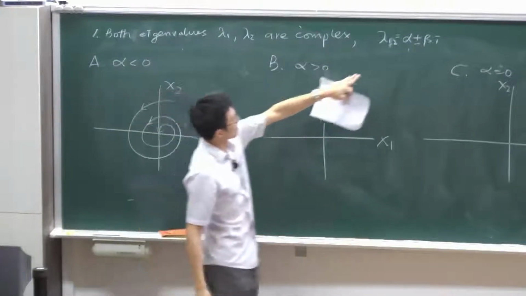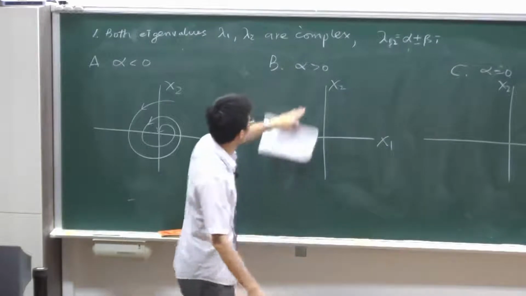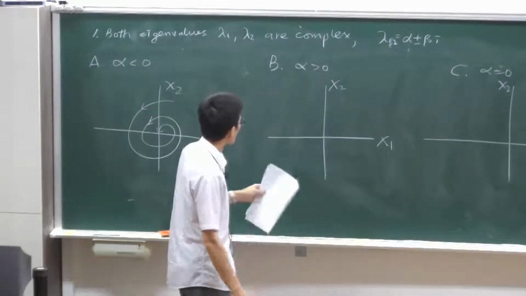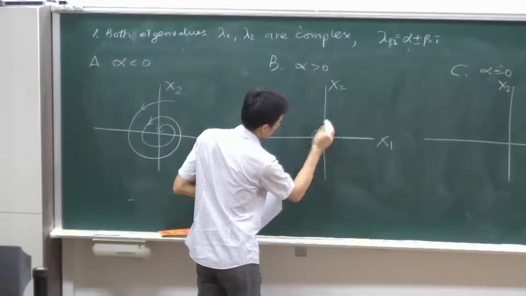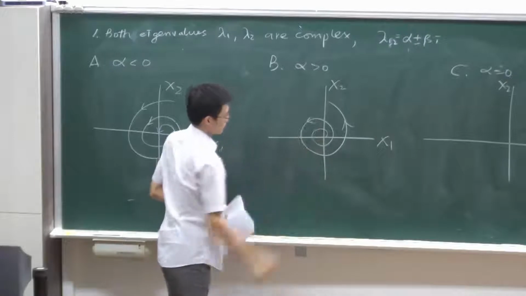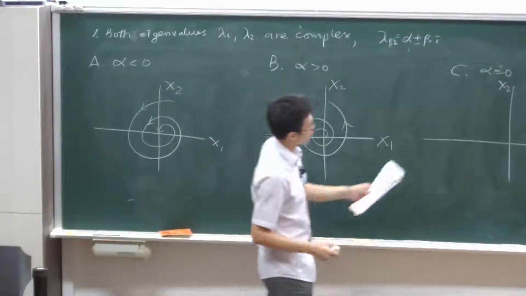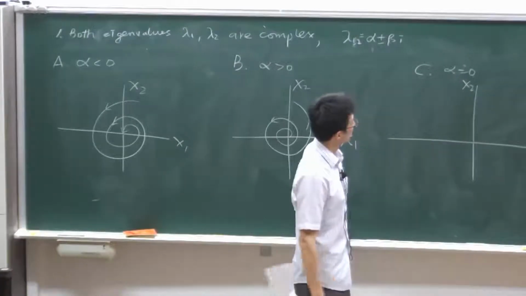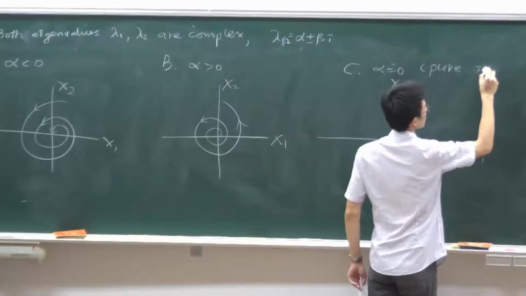If the real part is positive, they will be unstable, so it goes outwards. And for alpha equal to 0, with only the pure imaginary part,